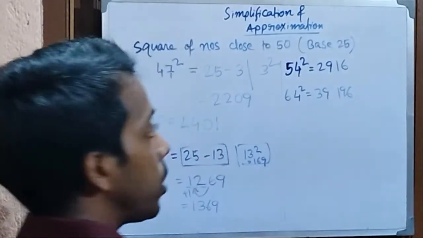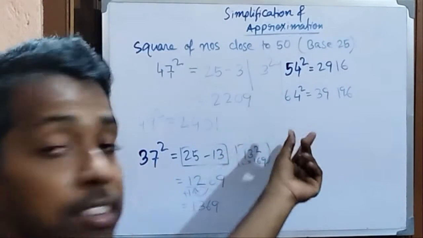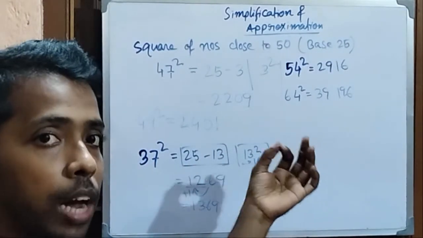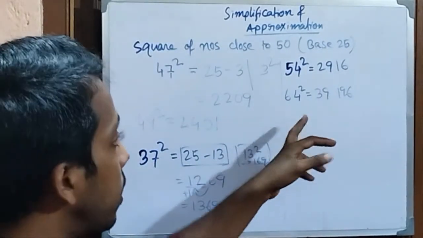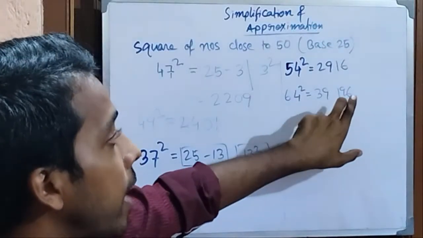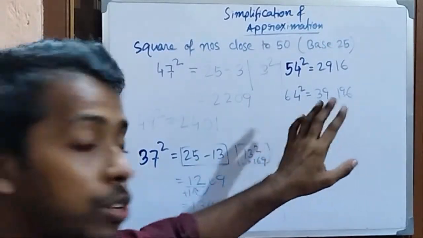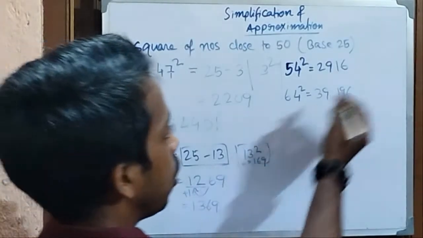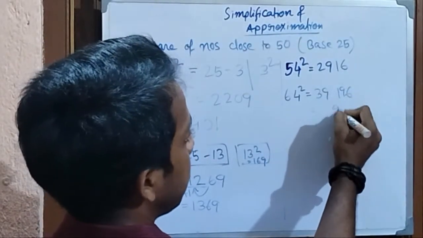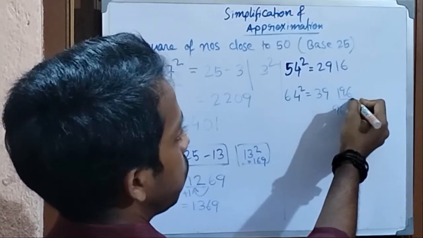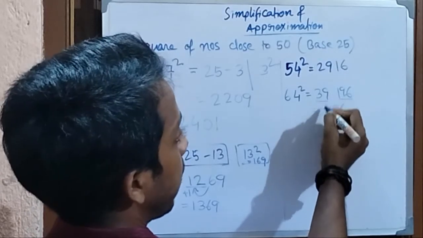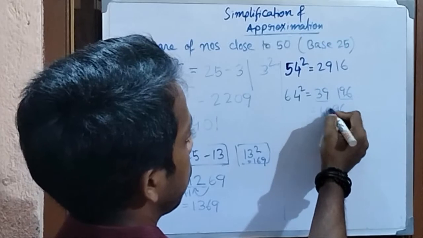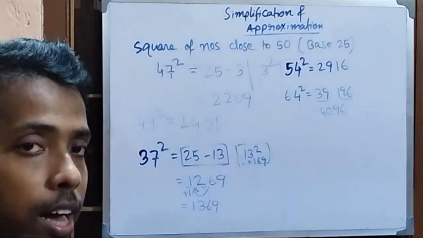As I have already told you, the squares of 14, 16, 19, this kind of stuff you have to remember. See here, 14 square is 196, I just remember it and put it here. So this much speed is basically needed here. Each of these boxes will carry only 2 digits, so 1 should be carried forward to this part, and 39 plus 1 is 40, so 4096 is the answer here.